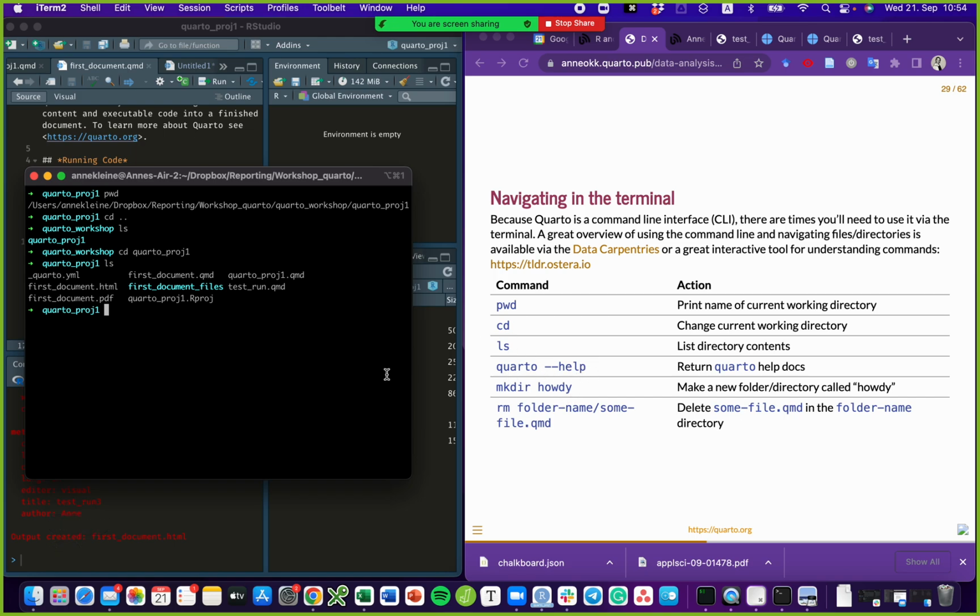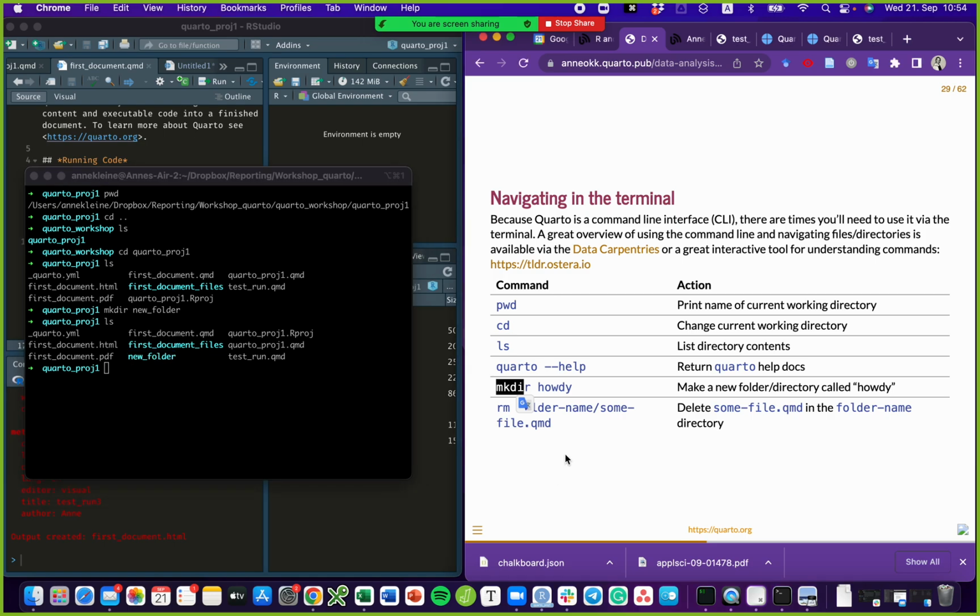Quarto help, you get some help instructions. Then you can make a directory with mkdir. Let's just make a new folder. And now you see that this new folder is here. So I just generated a new folder from the terminal. And you can also remove that folder, like,